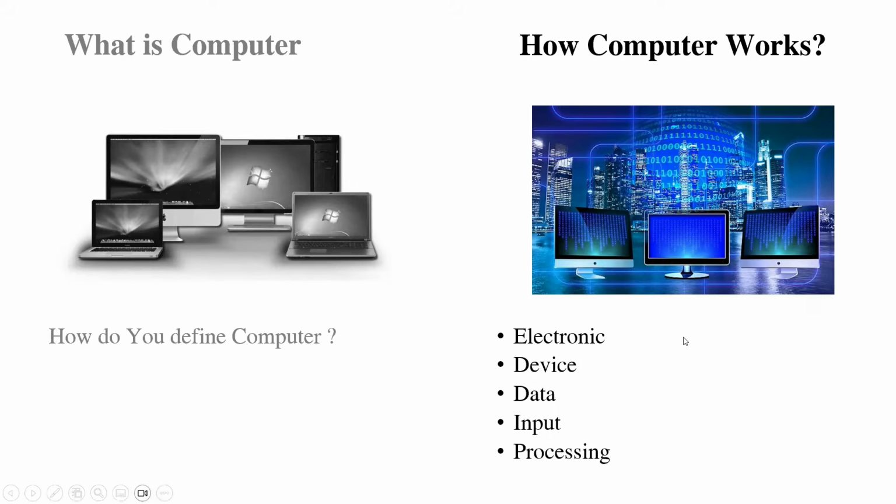So another thing is processing. And of course, the computer processes the information. Whenever the information is given to it, it processes that information. So if you input data, the computer processes that data and does whatever it was asked to do. For example, if you create a calculator, 2 plus 2, the computer was told that whenever there is this plus this, please give 4. So it will give you 4. It processes it and it gives you 4. So that's how a computer works. It processes the information given to it,